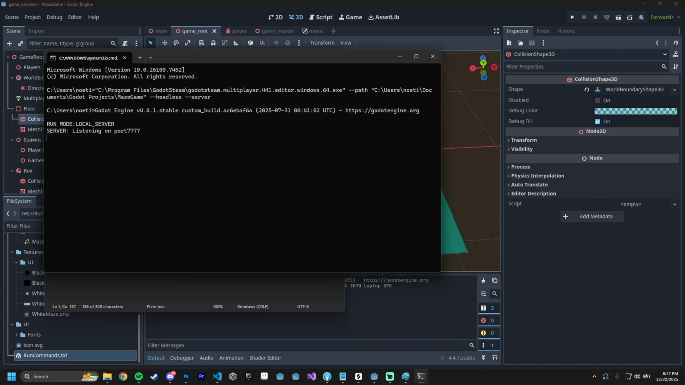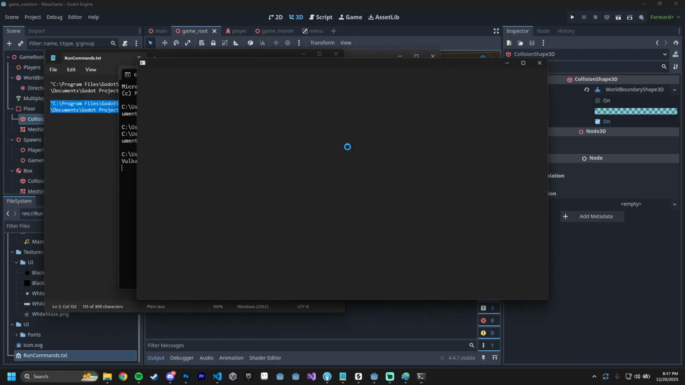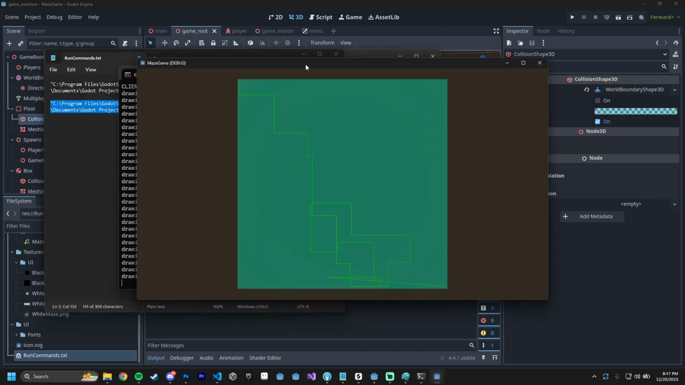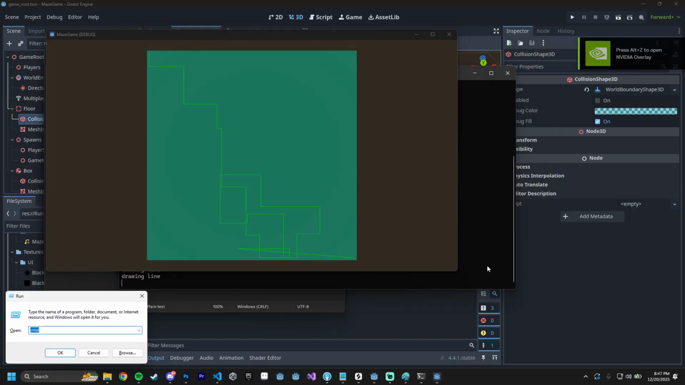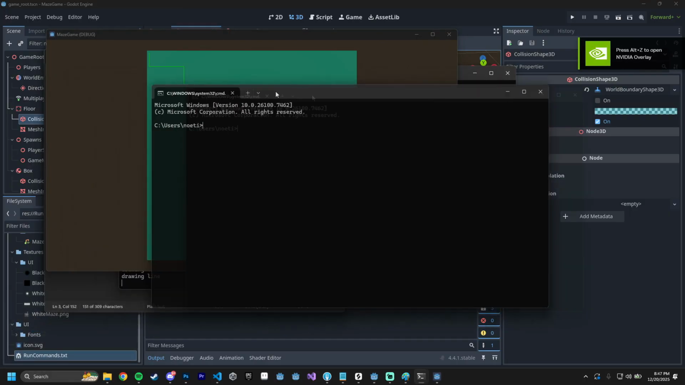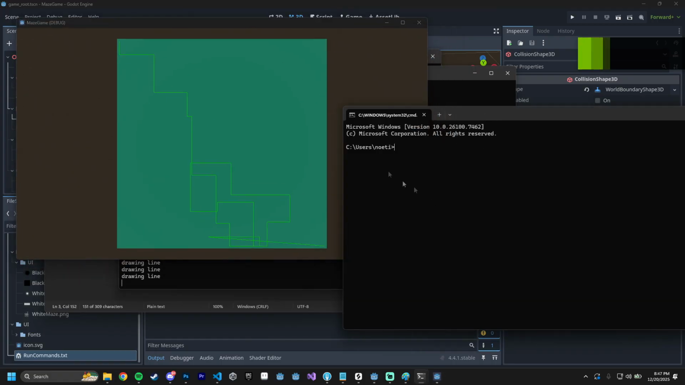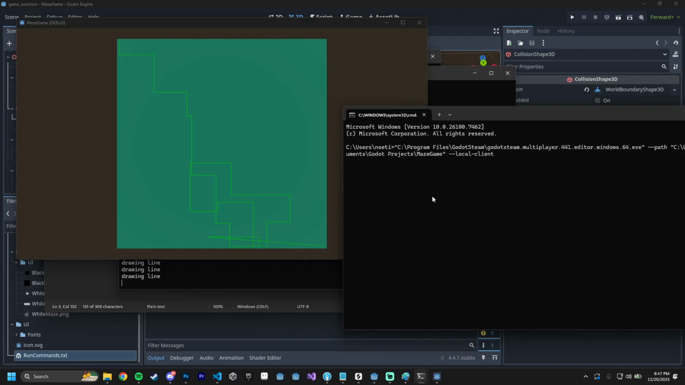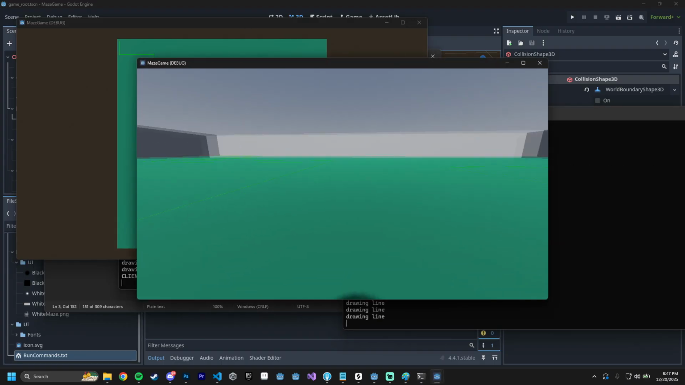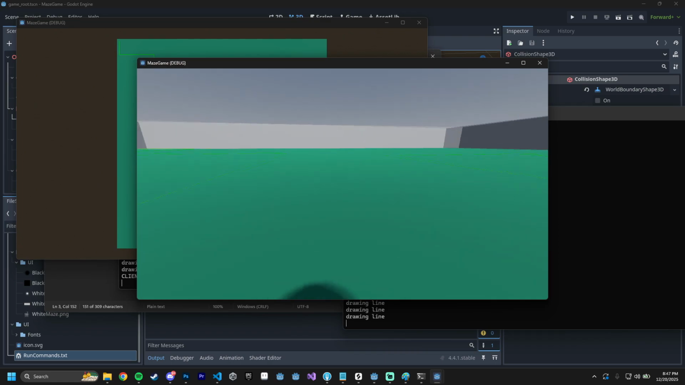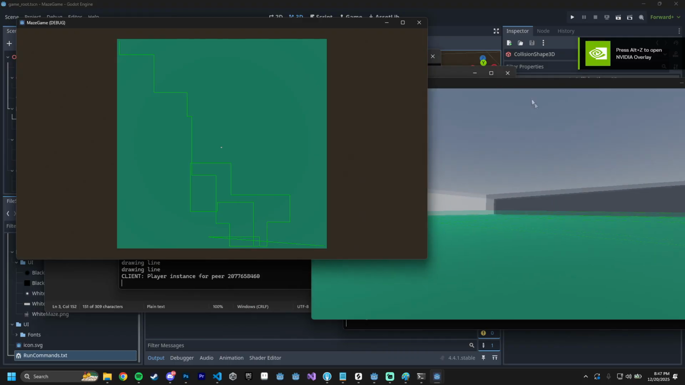Let's go ahead and run the server here, and then I'll test a couple clients. There we go. Okay, client number 1. As you can see, everything's working perfectly. There's nothing wrong. Okay, there were supposed to be walls on this instance as well, but we're just going to ignore that for